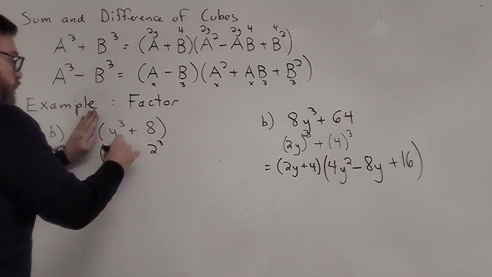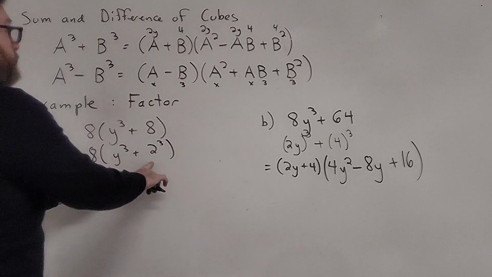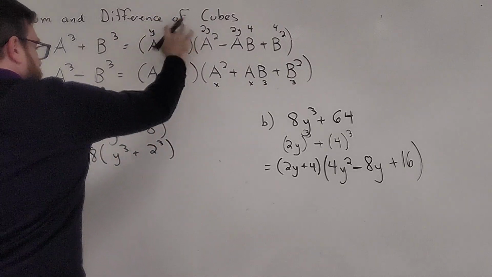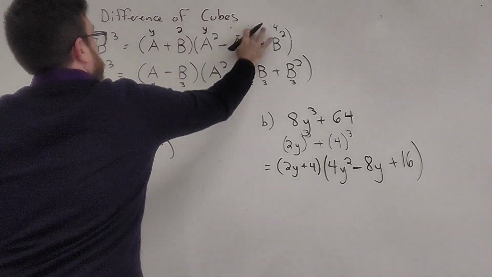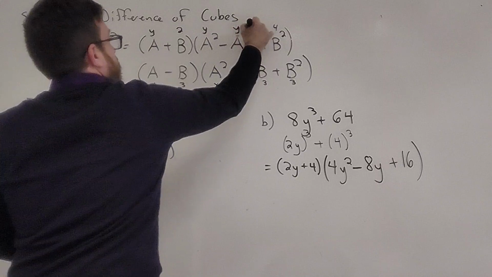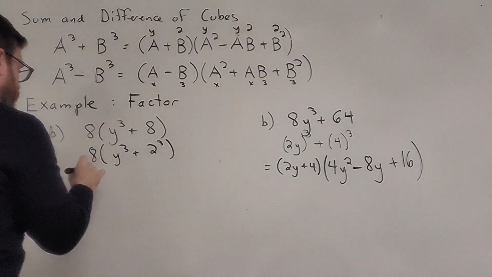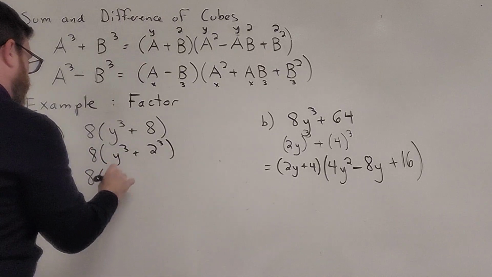So this is going to be y cubed plus 2 cubed. So up here, a is y, b is 2. So this is going to be 8 times a plus b, so y plus 2,